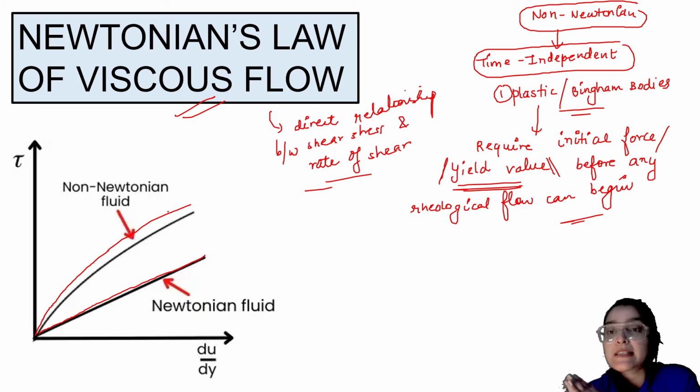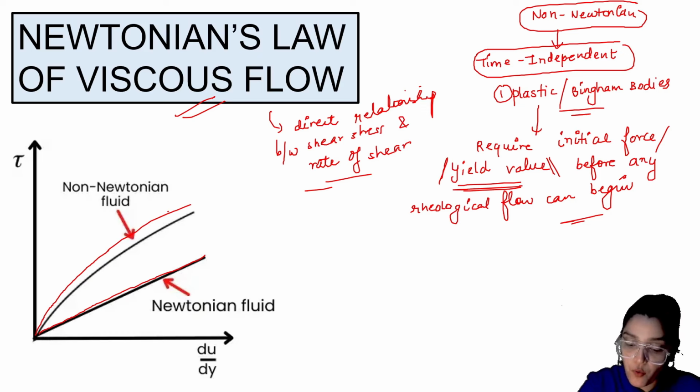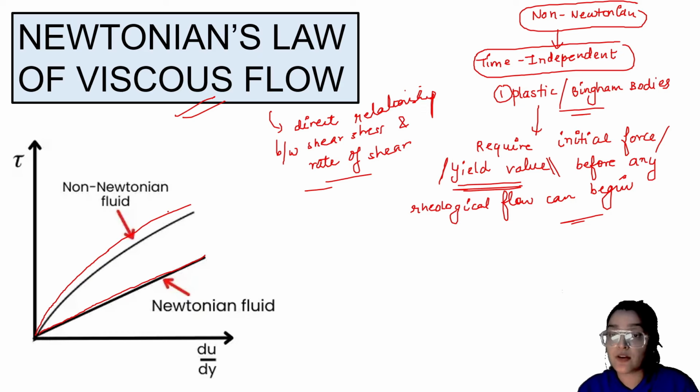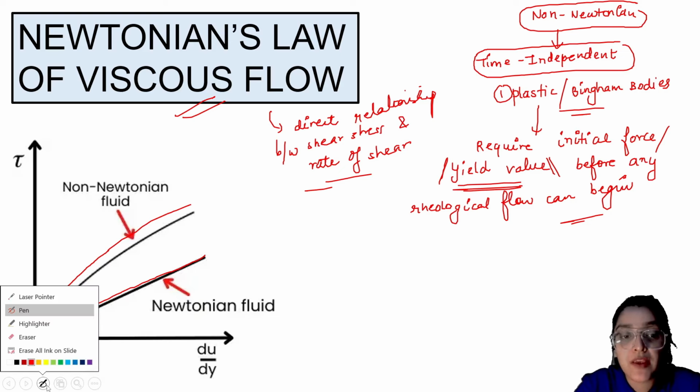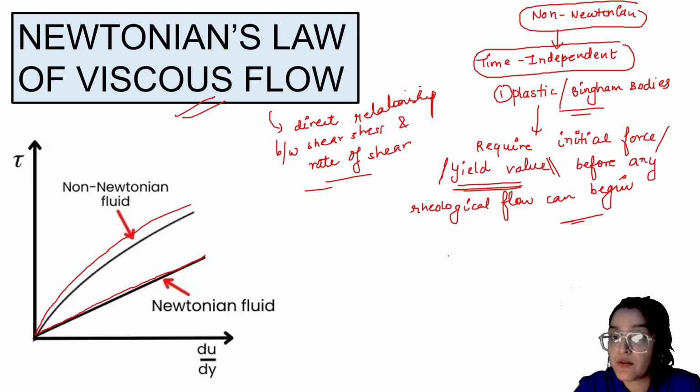So the materials can be categorized into the time independent ones. Out of that we have been seeing the plastic ones. The plastic ones are actually the ones in which we require an initial force before their actual rheological flow can begin. Okay, so in case of each type we have to see the individual rheograms also. Okay, so for the plastic fluids,